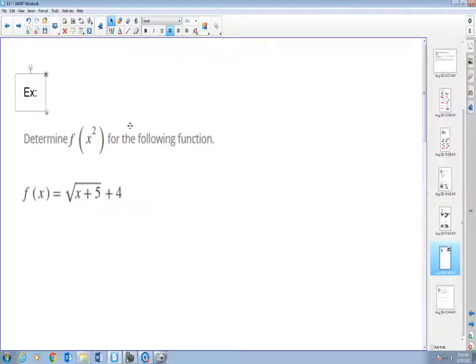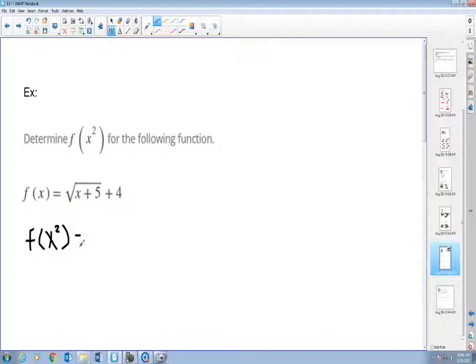All right, so let's do some evaluating without numerical values. So these are just algebra type of work. Determine f of x squared for the following function. So I'm going to substitute x for x squared. That means every time I see an x in my function, I will replace it with an x squared. So f of x squared